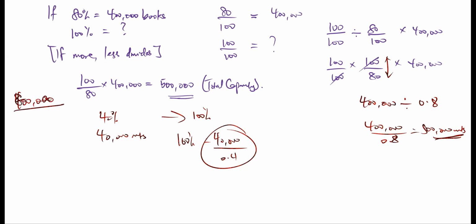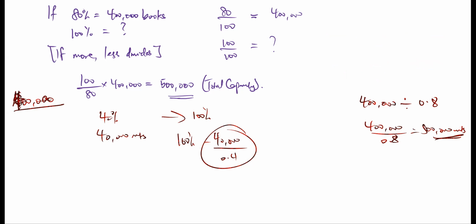And just divide by what? By 0.8. That is it. So if they give you 50% capacity, just divide by 0.5. If they give you 20% capacity, just divide by 0.2. Are we okay? So this one, I'll just divide by the 0.8, and then I'll end up getting the 100% capacity,